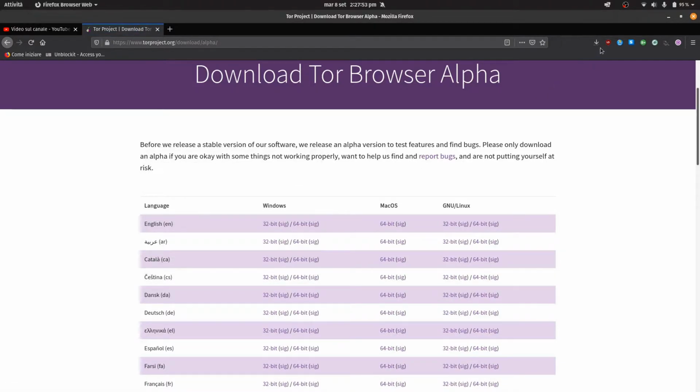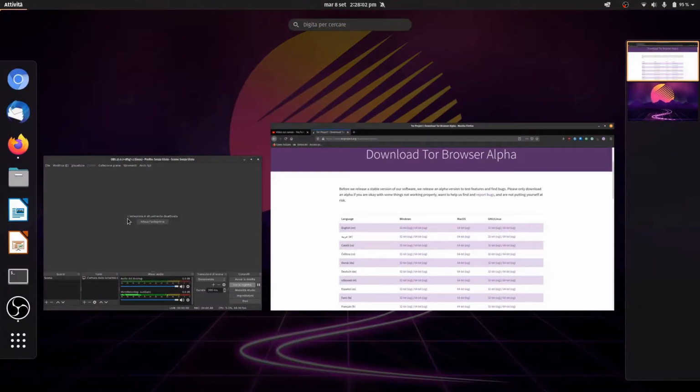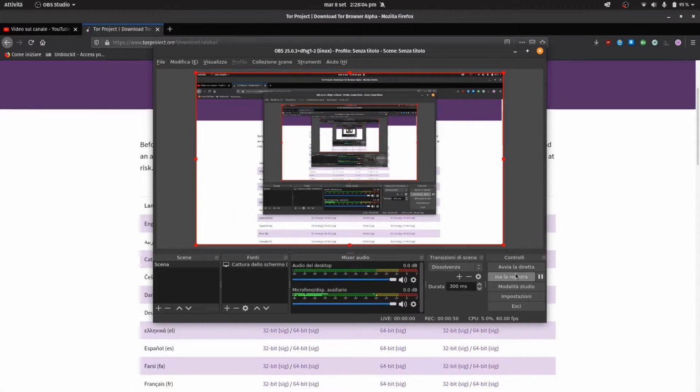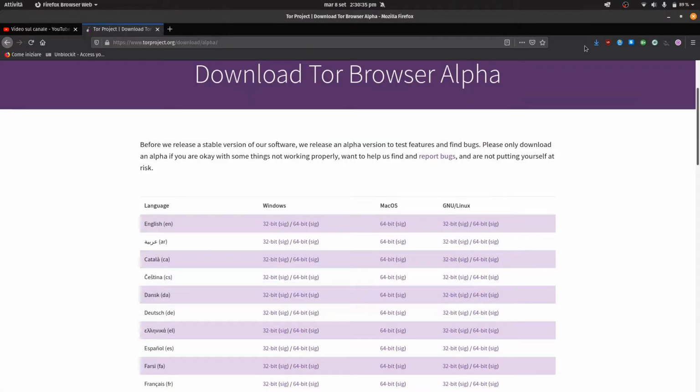Save the file. After the download is completed, open the folder.